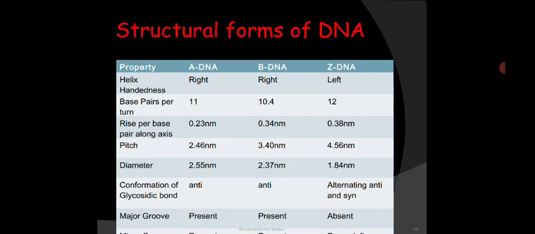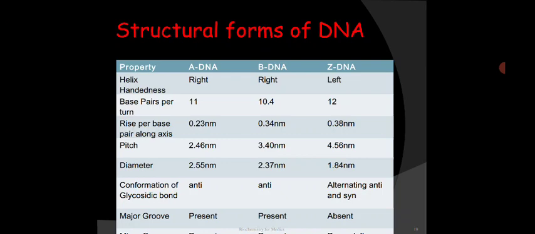Structural forms of DNA: they are A form of DNA, B form of DNA and Z form of DNA. Other than these, C form, D form and E form DNA also exist. But the major forms of DNA are A DNA, B DNA and Z DNA. So let's see one by one the different characteristics of